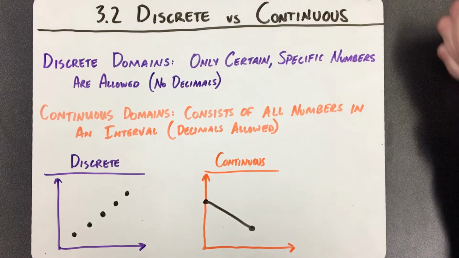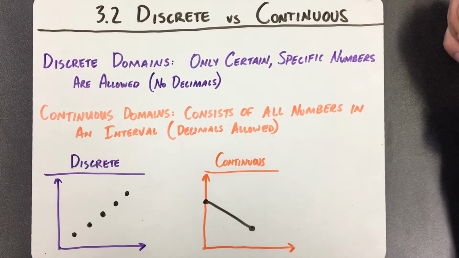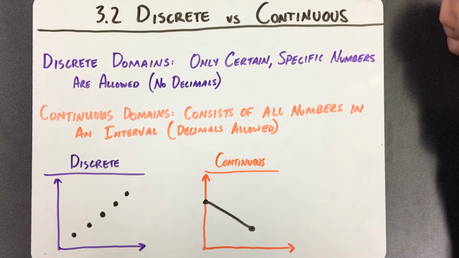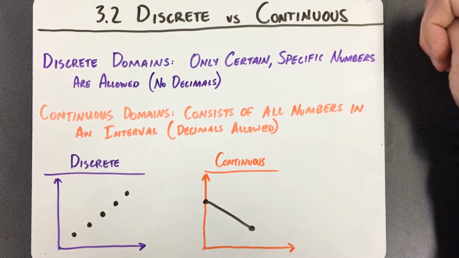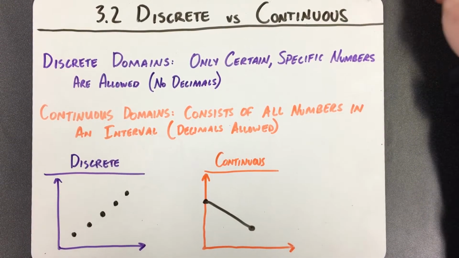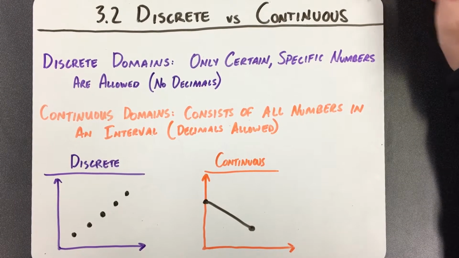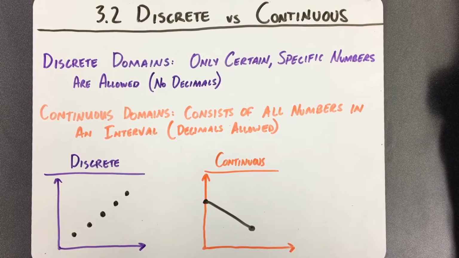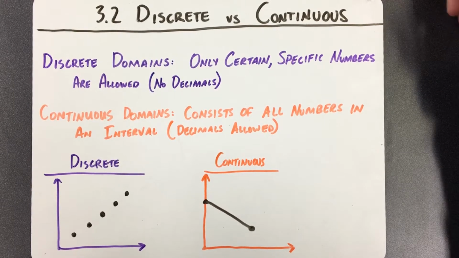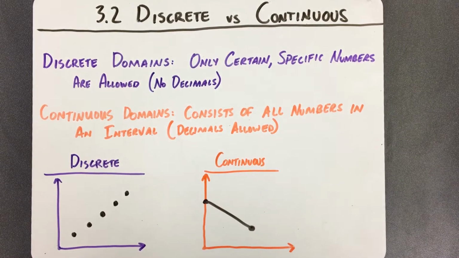Hey everybody, welcome back. Today we're going to continue lesson 2 in chapter 3, and the second part of the lesson focuses on how we determine if a domain is discrete or continuous. Now these are words you might have heard just in regular everyday life, but as they relate to math,